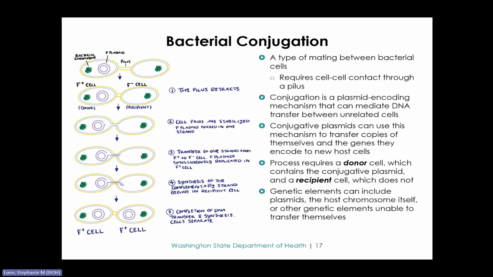So conjugation requires a donor cell, which contains the conjugative plasmid, and a recipient cell, which does not contain the plasmid. Other genetic elements that can be transferred through conjugation, of course, include plasmids, but also the host chromosome itself, as well as other genetic elements that are unable to transfer themselves. So as we see here in this figure,